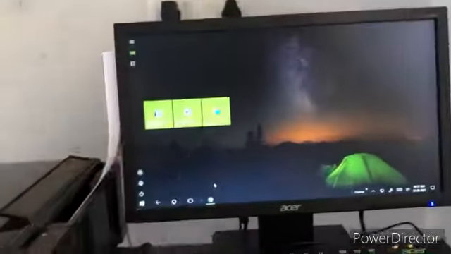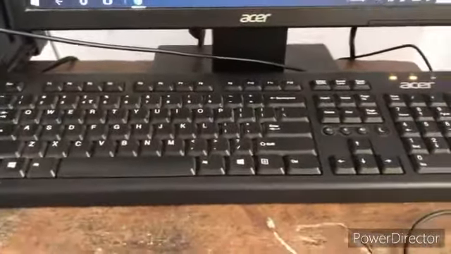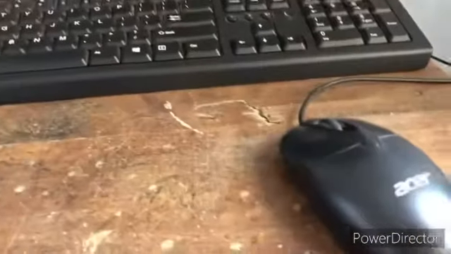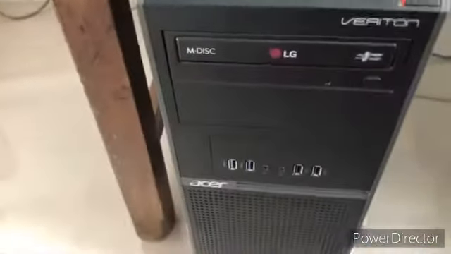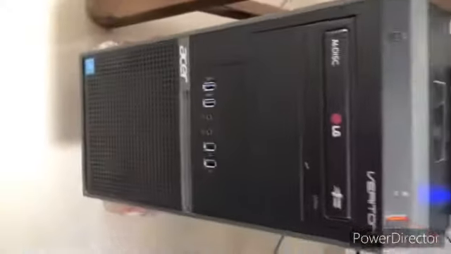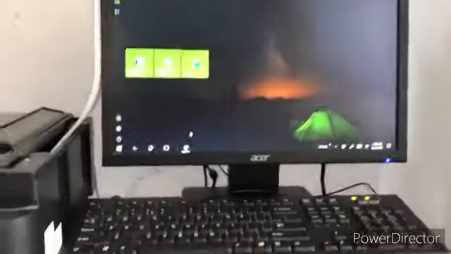This is the keyboard. This is the mouse. And this is the CPU. And this is the UPS, right?